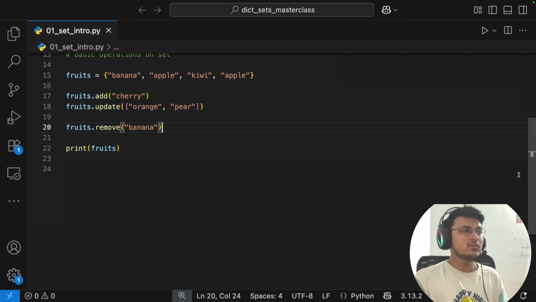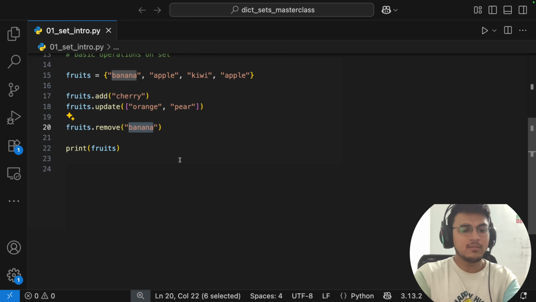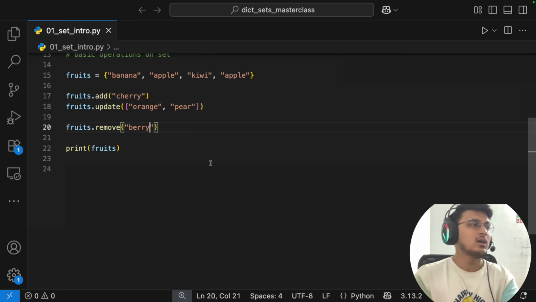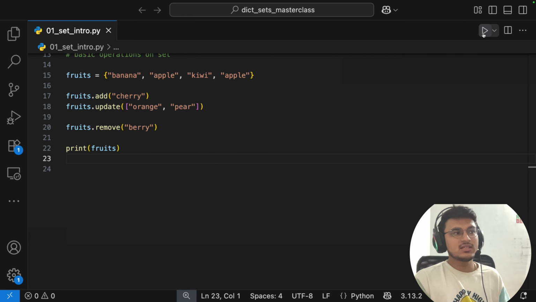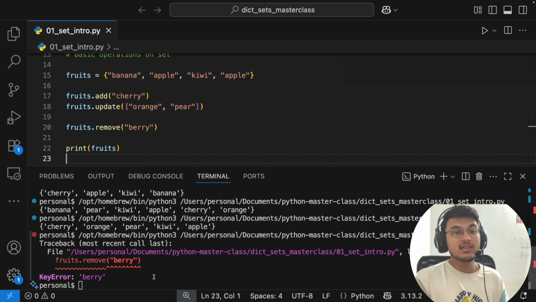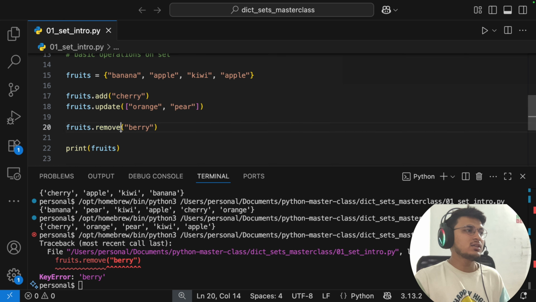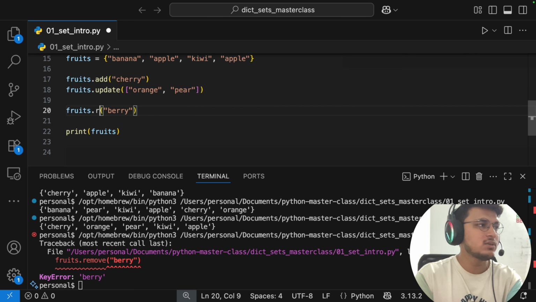But what if I want to remove something which is not in the set? Let's suppose, maybe berry. I want to remove something which is not in the set. What will happen? It will give a key error saying this item doesn't exist. So why are you removing it? But if you want to be on the safe side, what you can do is